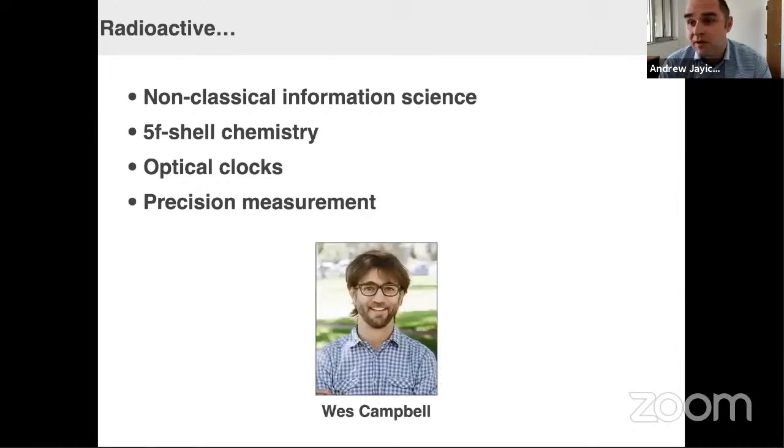Should say that here's Wes. What's the real reason why we're working with radium? Well, Wes came downstairs towards the end of my postdoc and said, I know you like precision measurement. Did you know that the radium ion's never been laser cooled before? Sounds kind of interesting. That's really a testament to Wes knowing me so well, and his knowledge of physics being broad. It really helped set up everything I'm going to talk to you about today.